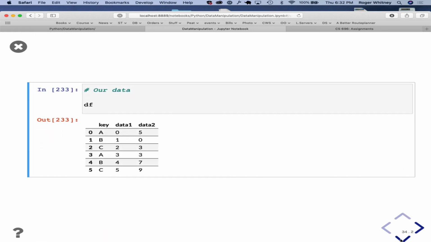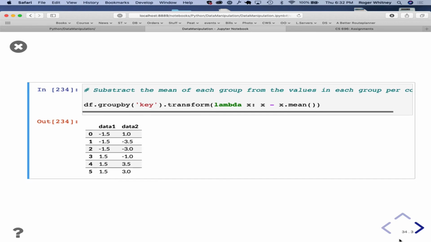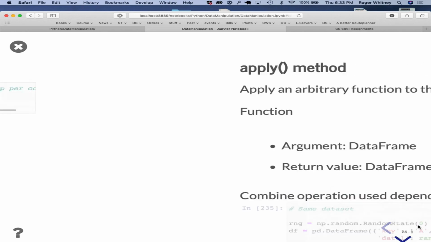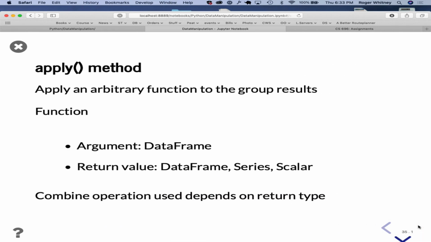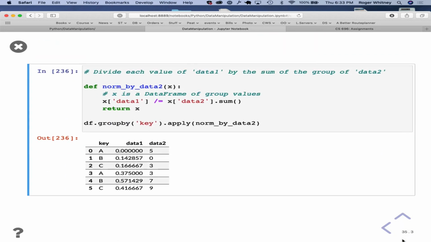We can change the data, and again, the same data frame. So you're subtracting off the mean from each value, right? And we can use apply, going through the same data frame.